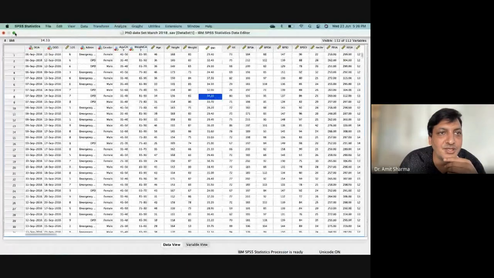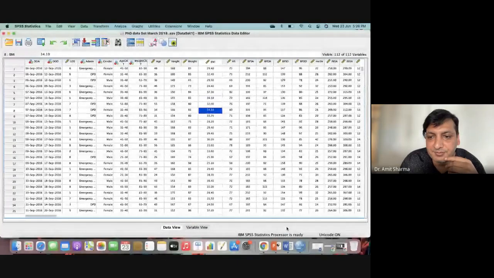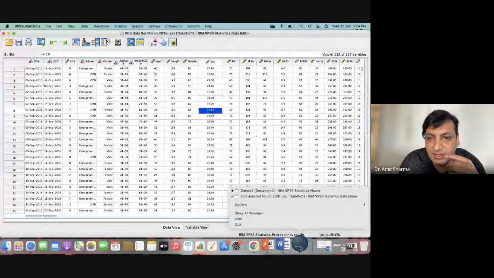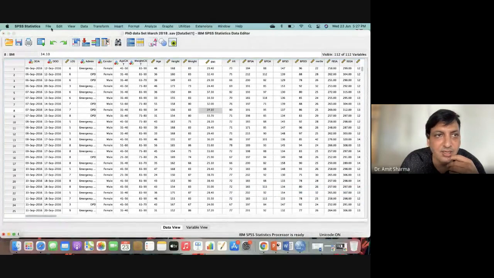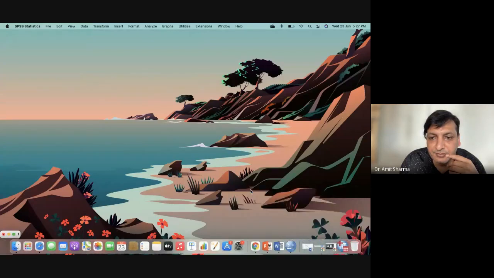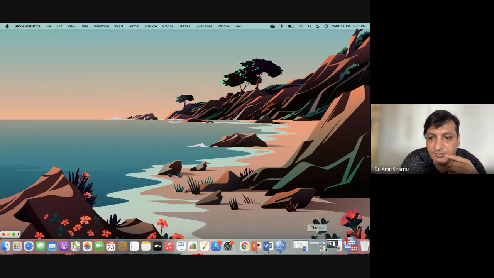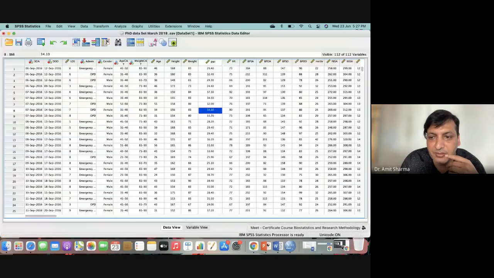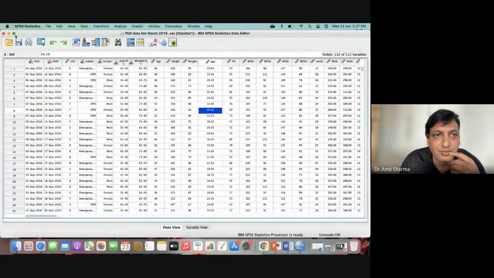Yesterday also I was getting the same problem. The software has generated it, see, it's in output viewer, but when I click, it will not come. Here, no. Second window we don't have.